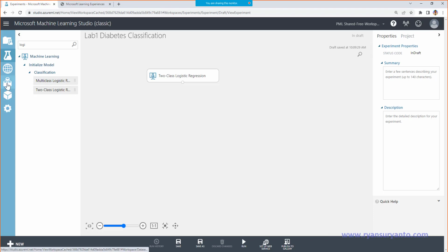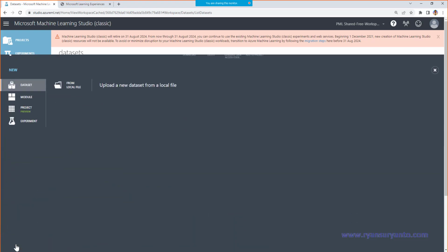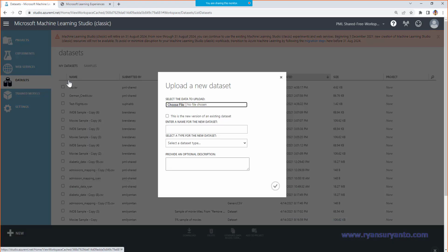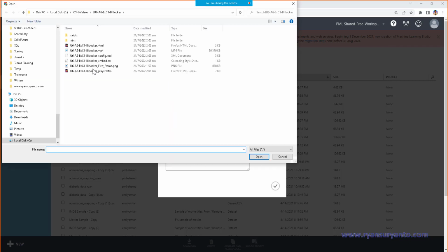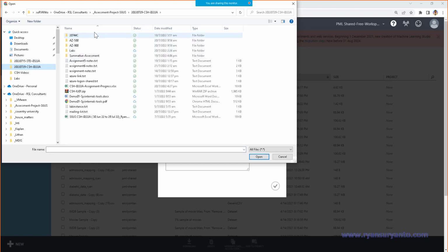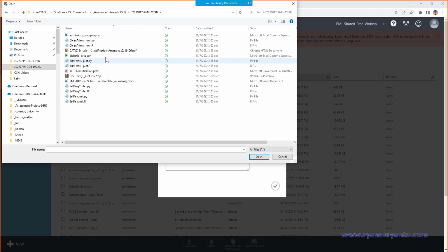And then we're going to upload the data set, new, from file, choose. Then we have the diabetic data and admission mapping.